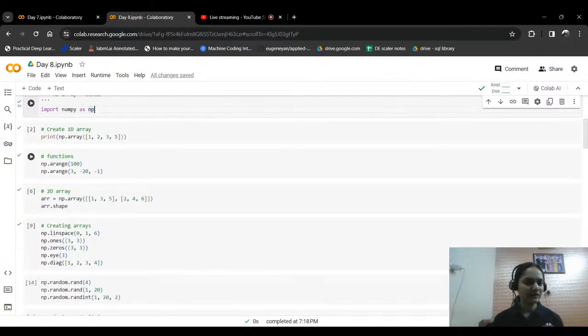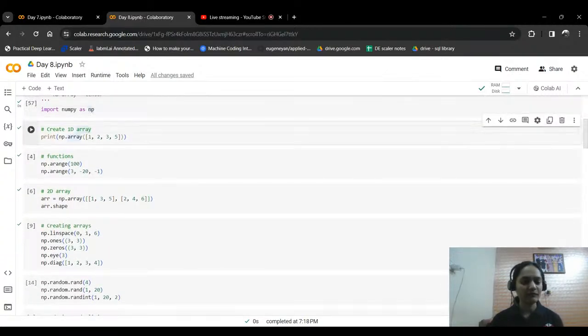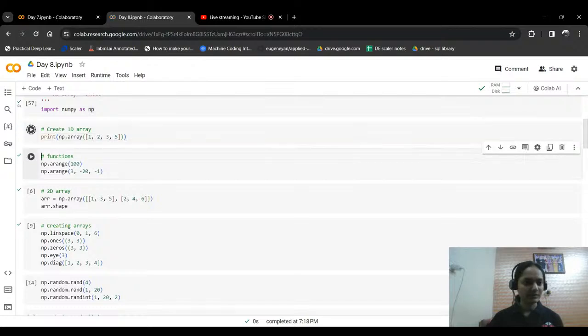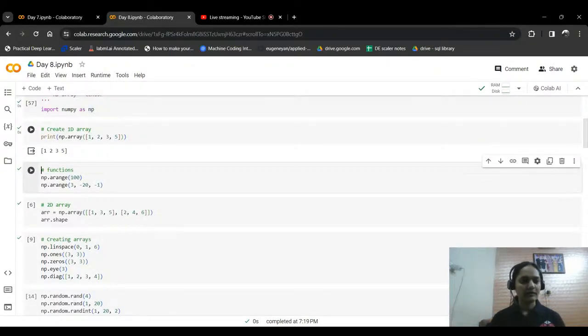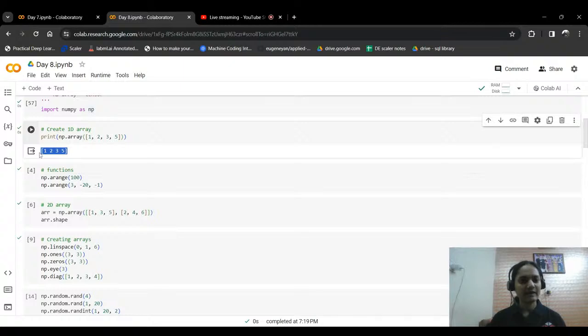So firstly, let's start with a very basic code कि how to create a 1D array using NumPy. So NumPy में 1D array कैसे create करते हैं? You have directly a function np.array NumPy के अंदर, and in that you can pass whatever जो भी आपको array create करने हैं उसके values, right? So always it has to be integer value or float value. So always keep that in mind. So over here I'm simply creating an np.array, and you can see एक 1D array create हो गया. That looks like a list only to you, but the only difference is you cannot have string or text value in here,